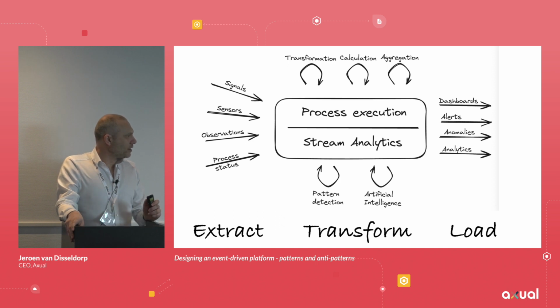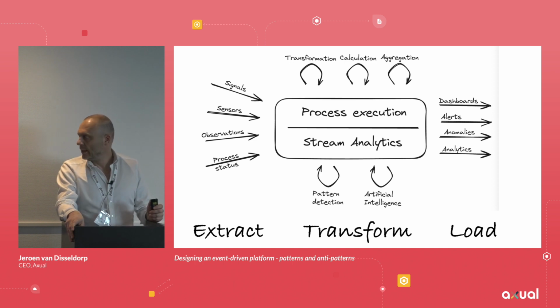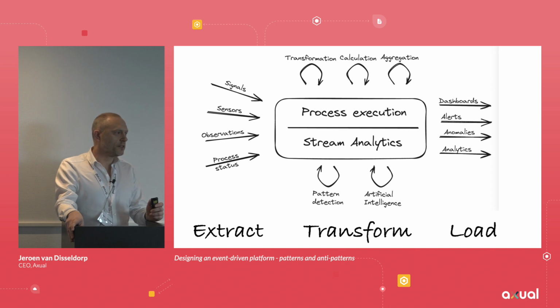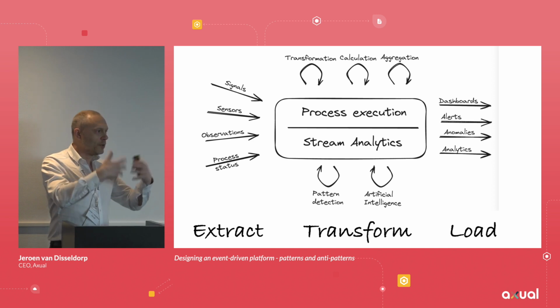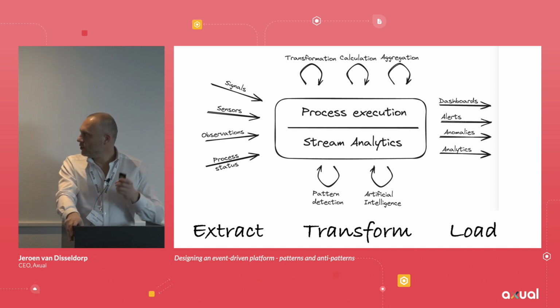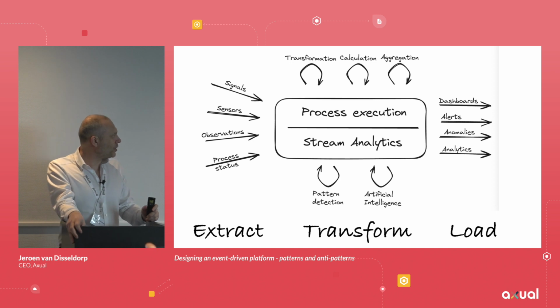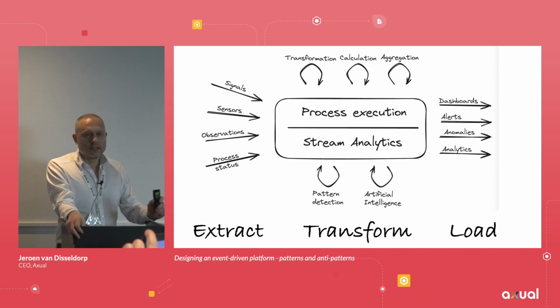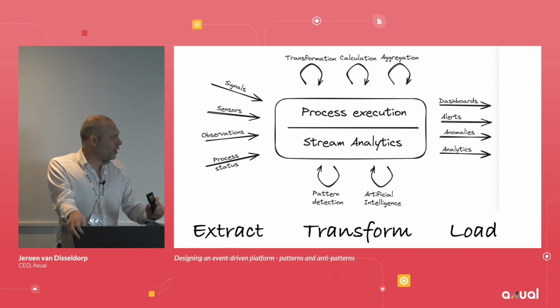The second high-level class of use cases that you have is streaming analytics, and this is much more fuzzy often. It's calculating things, it's heuristics being applied. AI, of course, is the big thing now. So it's getting a lot of signals, combining them, and leading up to some sort of a conclusion. And often we do this, of course, to get value out. So real-time dashboards, alerting, anomaly detection, or any kinds of analytics and insights that you want to get out of